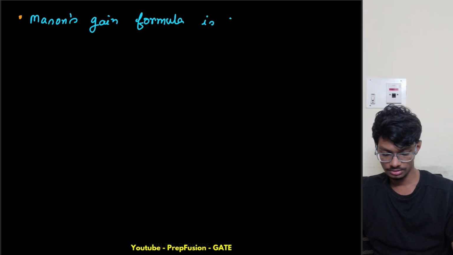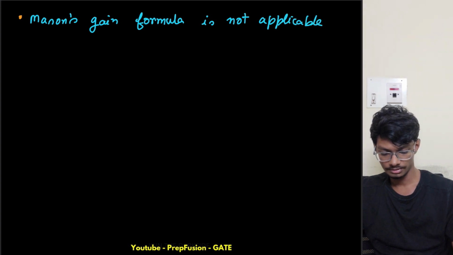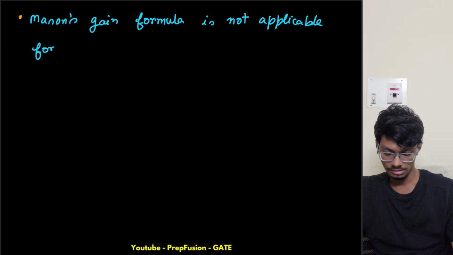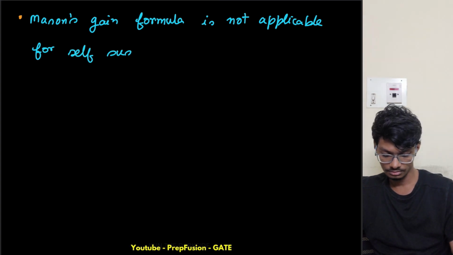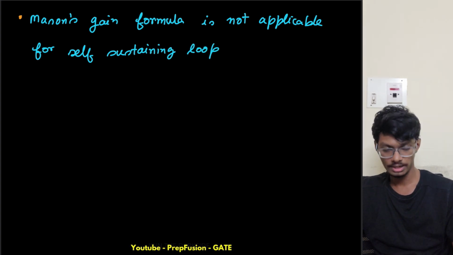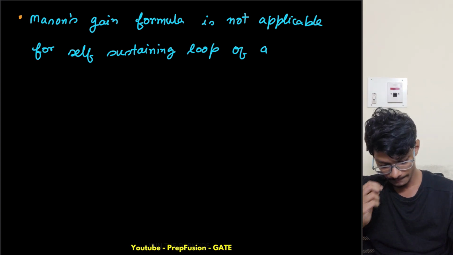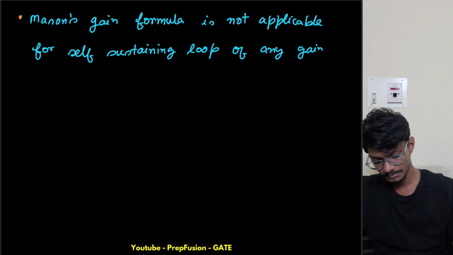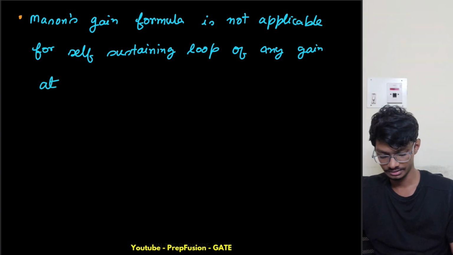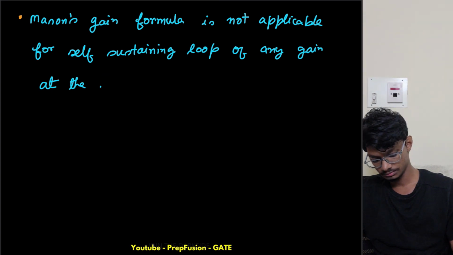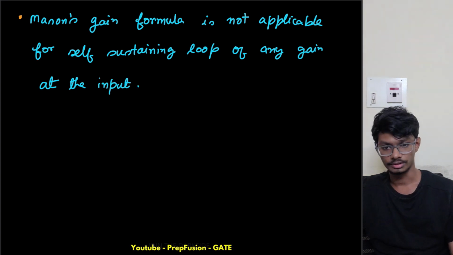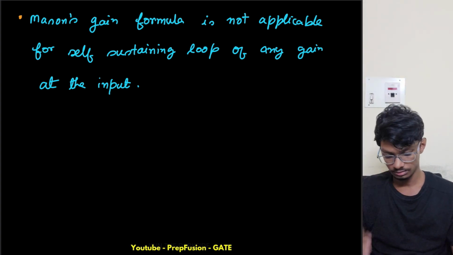Mason's gain formula is not applicable for a self-sustaining loop of any gain at the input, because the flow equations become invalid at the input, right? So what I will do, I will simply remove